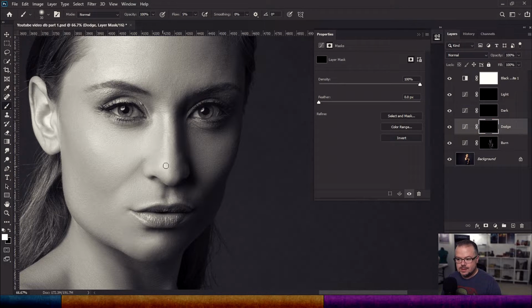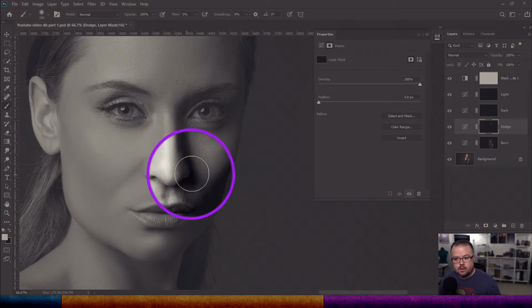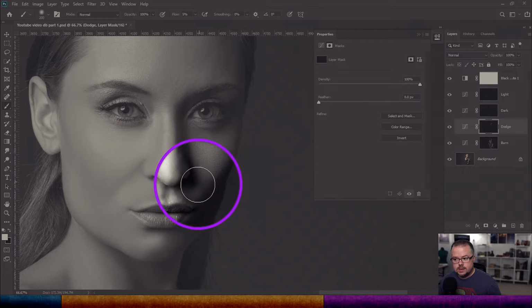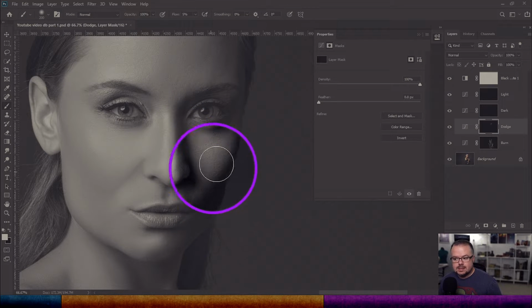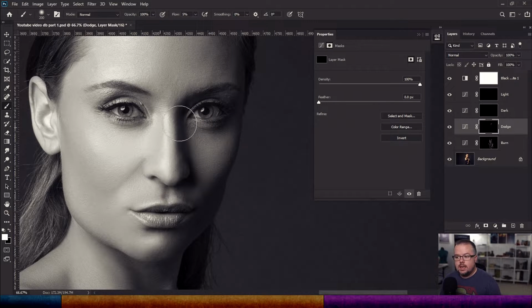I'm going to go on to the dodge now, and I'm just going to hit some of the same areas that I was in before. And I just want to augment these with the same corresponding highlights. And in this case for dodge, I'm probably going to introduce some new ones. Talking about the lighting pattern itself earlier, essentially we're dealing with a Rembrandt lighting pattern where the light's coming in from camera left and traveling across, and this telltale little triangle of light, that's the key to Rembrandt lighting. So I can augment that in this area by pushing the highlights up just a little bit by dodging this